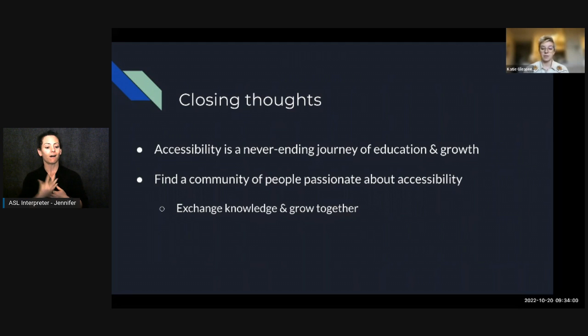And something I would recommend for everybody is to find a community of people like all of you who are passionate about accessibility, whether that's an accessible design group within your company, or just a group passionate about accessibility anywhere, like Facebook, LinkedIn. It doesn't really matter. Just find a group of people who are also trying to further their education and knowledge and growth, and y'all can help each other and grow together. I really find that that's incredibly beneficial.